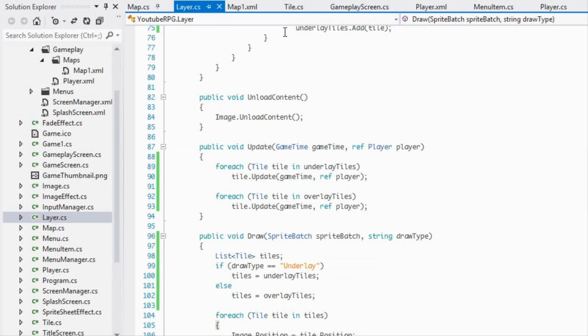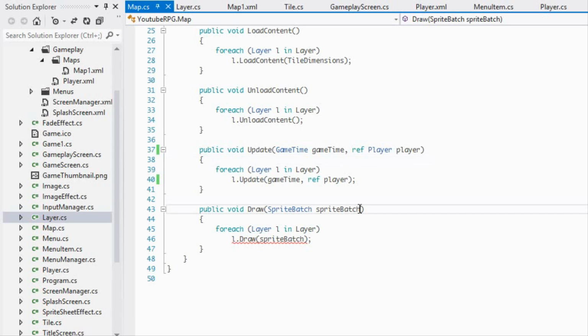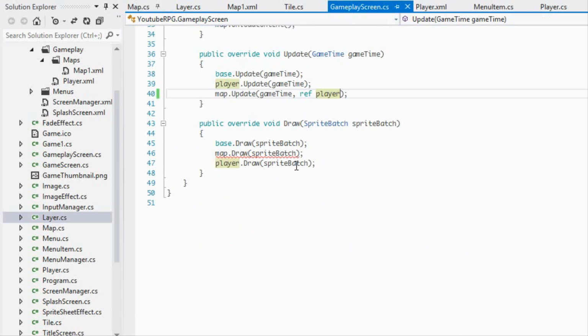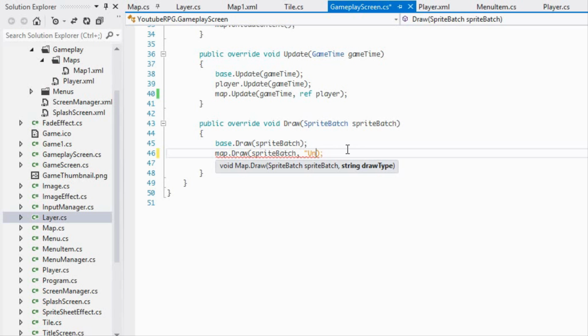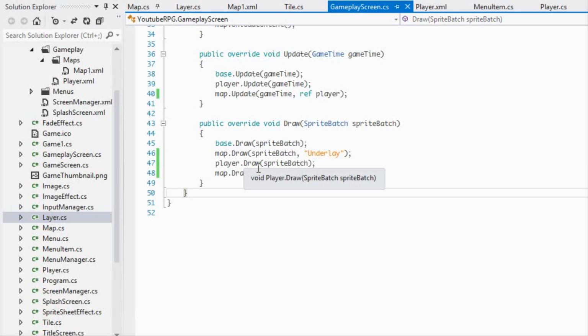So what we want to do now is go to our map class, and we want to take in draw type, and we'll just pass in draw type. And what we're going to do in our gameplay screen now is draw two different times. The first time we're going to be drawing underlay tiles, and we're going to say map.Draw again, and we're going to draw overlay. So the overlay tiles are going to be drawn after the player, so they're going to be drawn on top of the player. And so when we run this program,